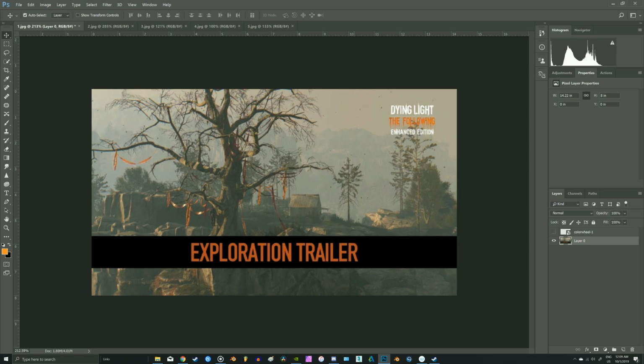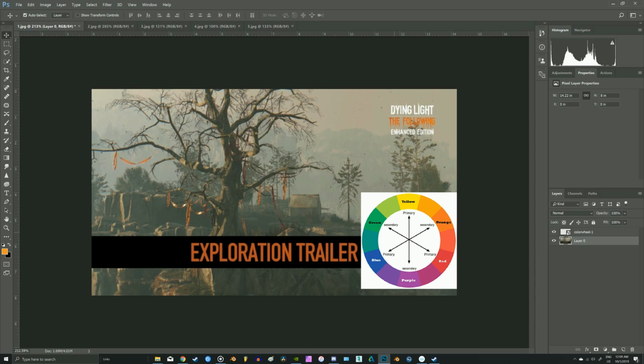So let's start with analyzing the color in Dying Light. It's pretty cinematic, which means the dominating color is orange, and the second color, which is the complementary color, is muted green. You can see it in shadows,